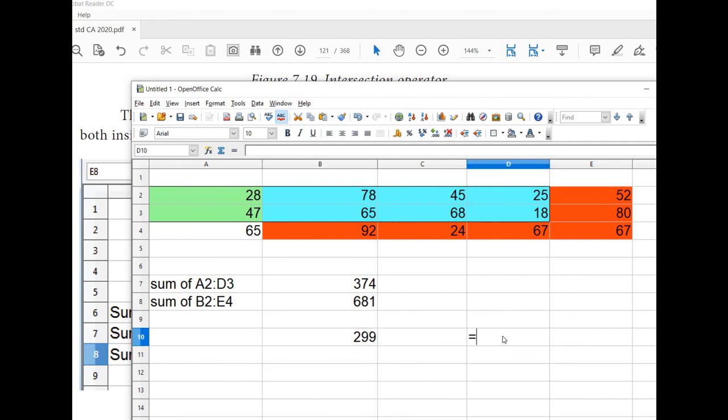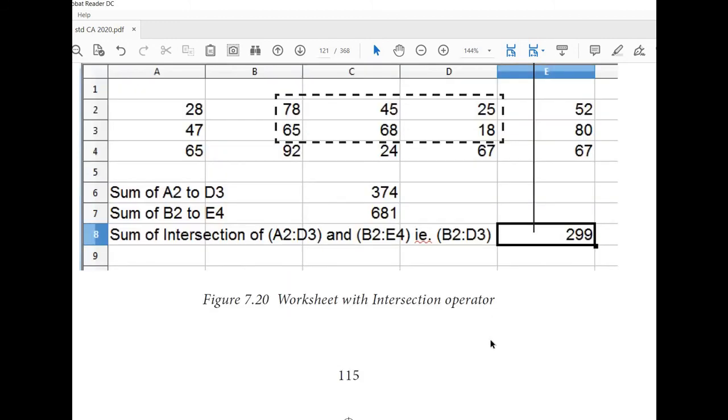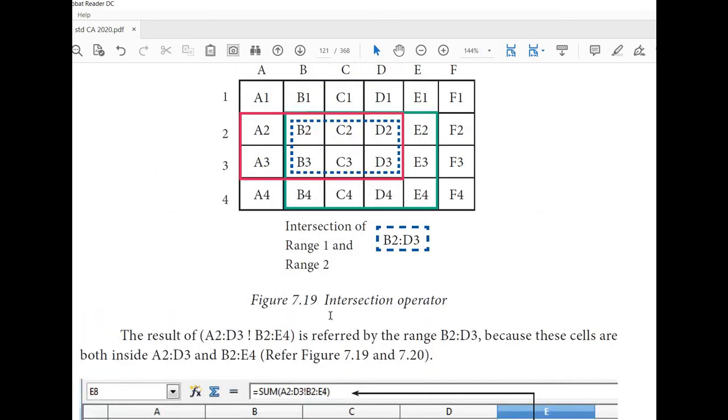We'll confirm it. Equal sum. I'll take only the intersection part. See the total. So this is the intersection reference operator. So I explained what the intersection operator is. Okay.